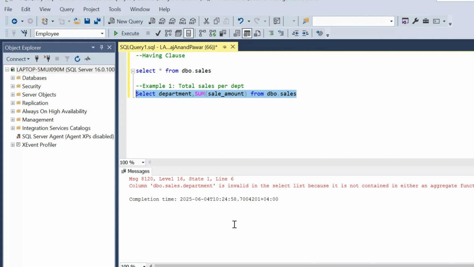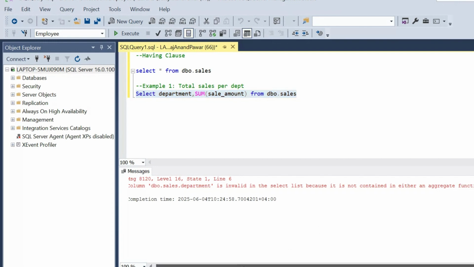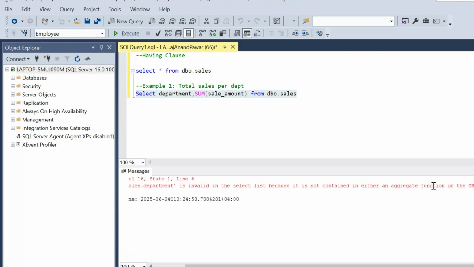If you do not put the group by clause, in this case the department is not included in any aggregate function or group by clause, so we will get this error. We already discussed this error as well. If you read it, you will understand: it says dbo.sales.department is invalid in the select list